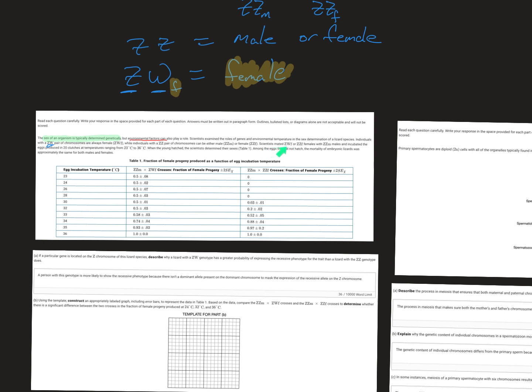Scientists made it one ZW, which is always female, with ZZF females or ZZM males, right? So they took these and mixed them and crossed them. So ZZ male with a ZZ female, and ZW female with a ZZ,